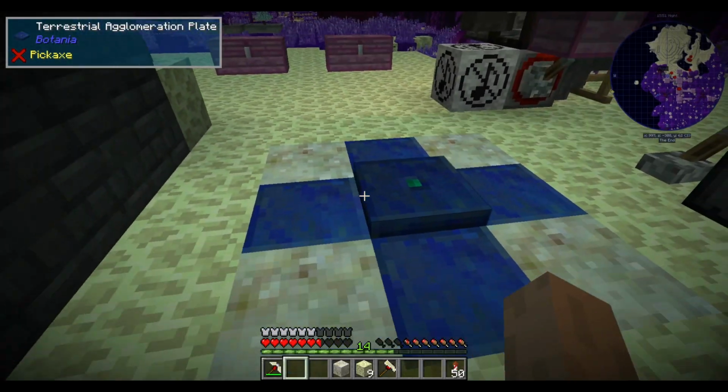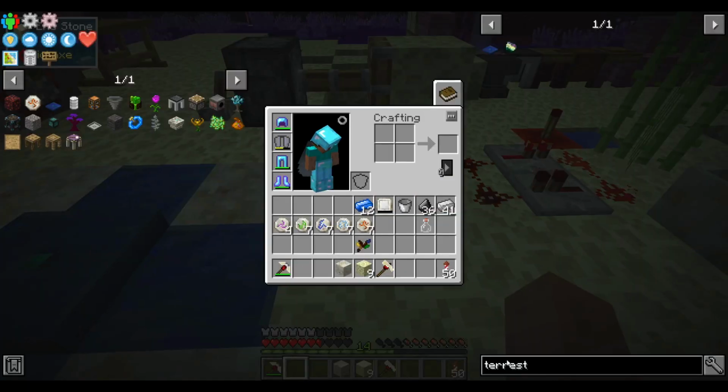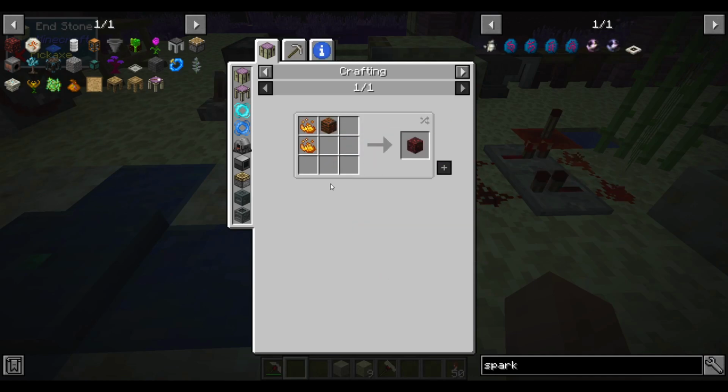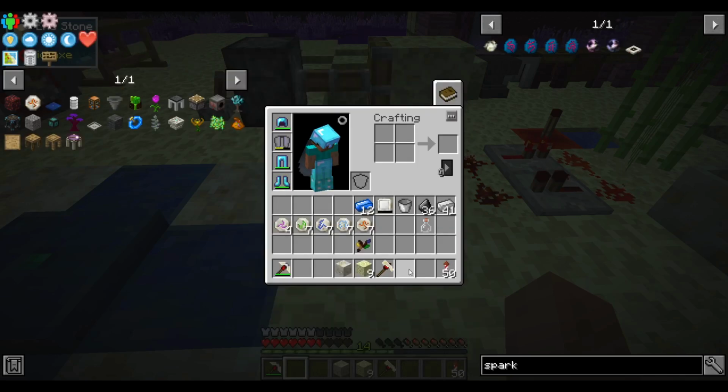Like so. Put that there. Alright, now to transfer mana into it, we need sparks. So let's see how we make these. I figured the recipe had to be changed somehow because the default spark recipe uses blaze powder, and we can't get blaze powder. So I guess we need more firewood, which means I need to go hunt down a few